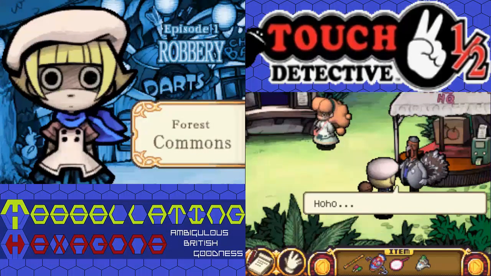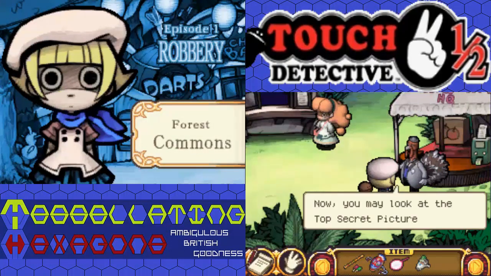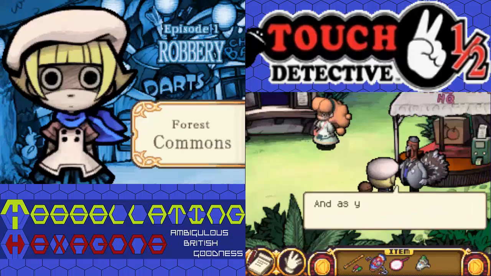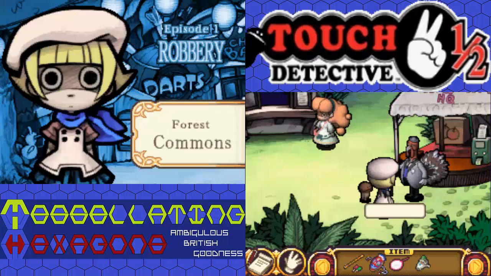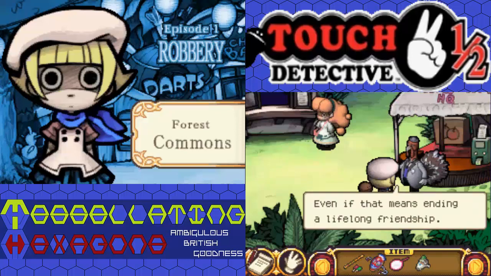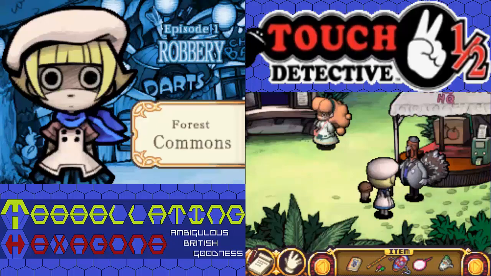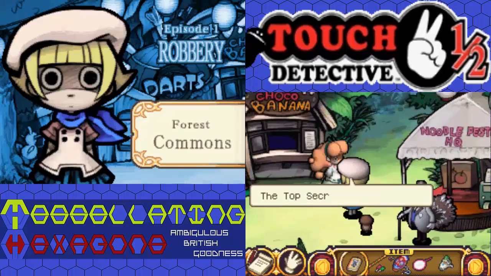I believe that there are 3 pictures that come with each chapter. One in the middle, one at the end of the opening cutscene, and one at the end, I think. I don't remember offhand. So, we get to win a look at the top secret picture book, and we can't share it with anyone. So, of course, the first thing that I want to do upon receiving it is share it with Penelope. But we're law-abiding citizens, so...